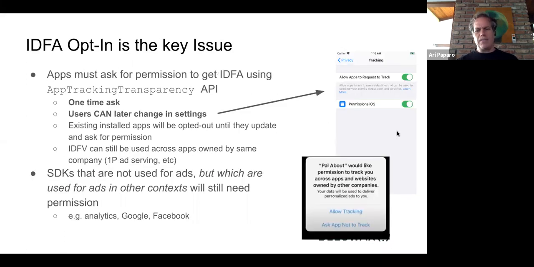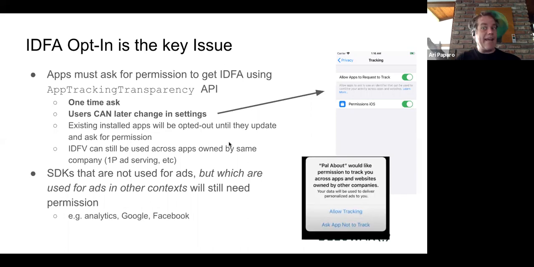Okay, so I'm going to spend 99% of the rest of the presentation on the IDFA issue as opposed to the other issues. Apps have to ask for permission to use the IDFA. This is an important point. When you think about the app developer's perspective, it's not that they just continue doing business as usual and either they get the IDFA or not. There is an API that the app needs to call to ask for permission, saying, hey, I need the IDFA. If they don't ask for permission, they're not going to get it.